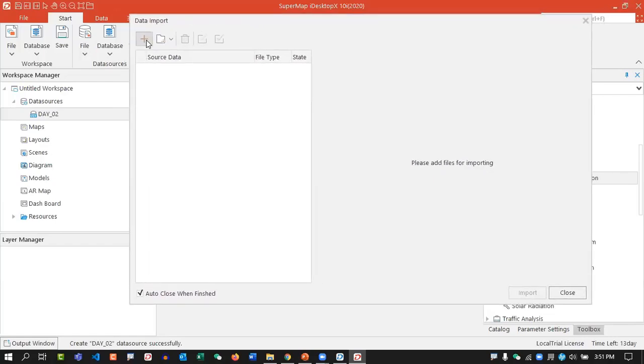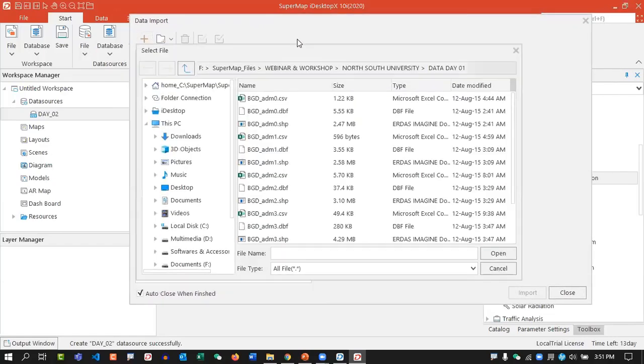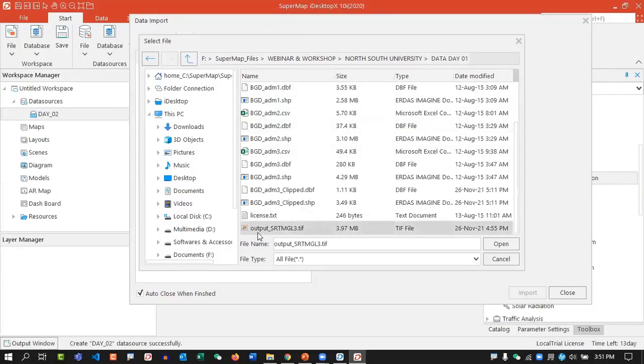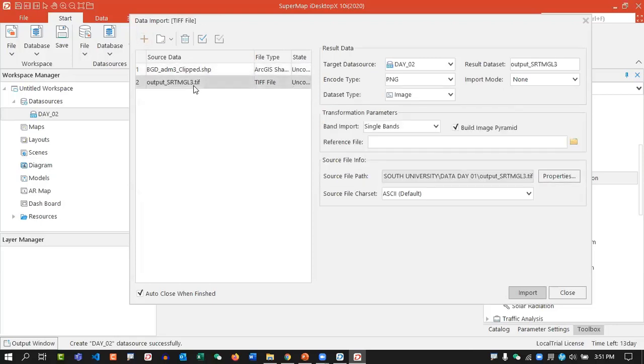Okay, so I'm just adding the files from this one. Day 1, this is our output GL3, and this one is our clip dataset. Open, and here you can see we have the SRTM GL3 output dataset, and we can import such a dataset using a dataset type like image type or raster type. For today's demonstration, we will import this dataset as raster data type,